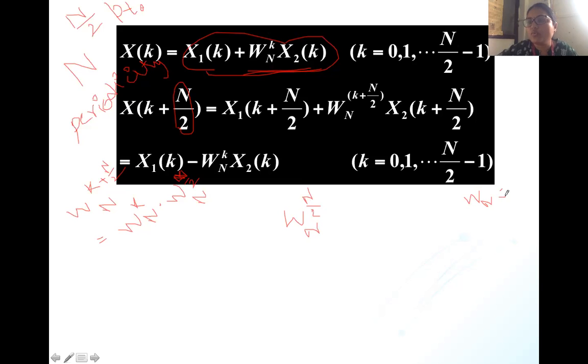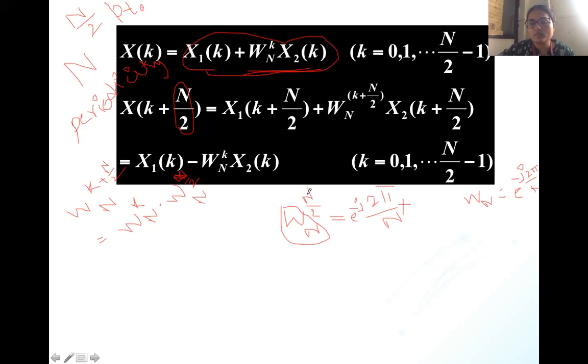W suffix N is equal to e raised to minus j 2 pi upon capital N. The twiddle factor, or W factor, is e raised to minus j 2 pi upon capital N. So if I substitute here, the value of the twiddle factor is e raised to minus j, 2 pi upon capital N,